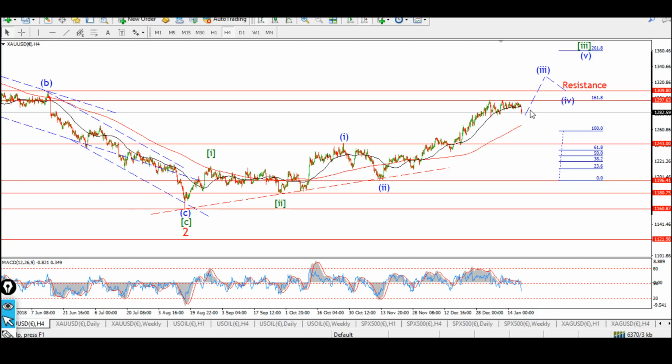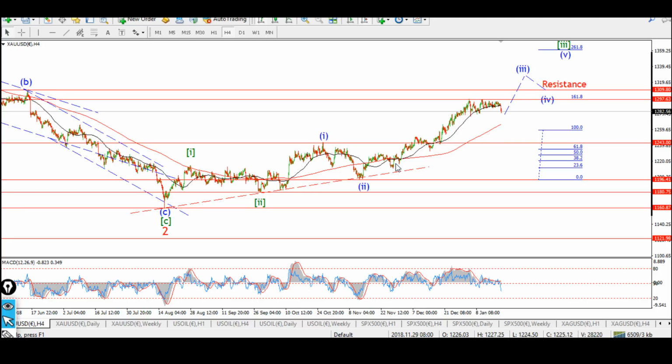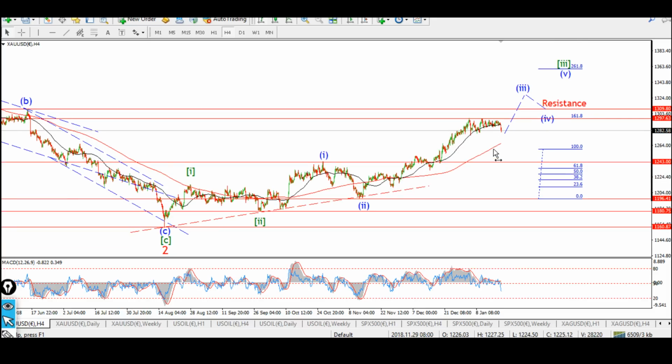So this sideways move here is the correction we're counting right now. We're looking for another push up to complete wave 3, and then we'll see kind of a stepped action in wave 4 and 5, and again another further wave 4 and 5. The longer term count is still pointing well higher, and I think we shall see that over the coming weeks once this corrective phase is over. It's been a bit of a pain in the neck so far, but then again, over the last year, the corrections in gold have been extended and painful, but we still rallied to new highs,